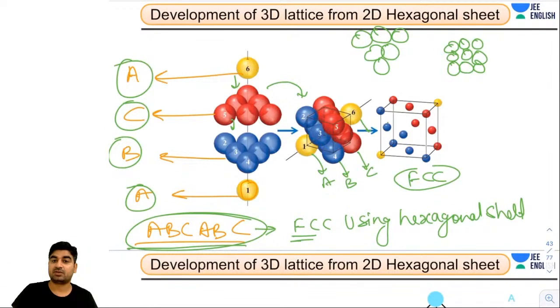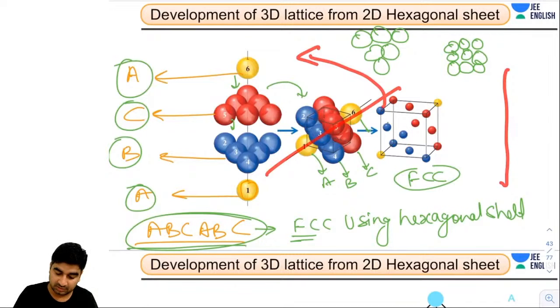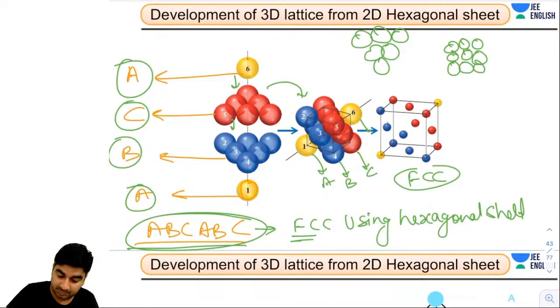Right? You can even tilt it along this axis. If you do it vertically, then this yellow would be shown here, right? And let me make one more thing, and be careful about this. This is the triangular. Yes, these three are in one plane,